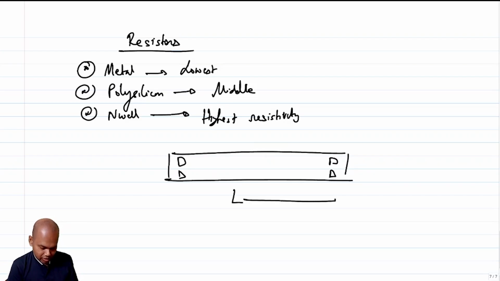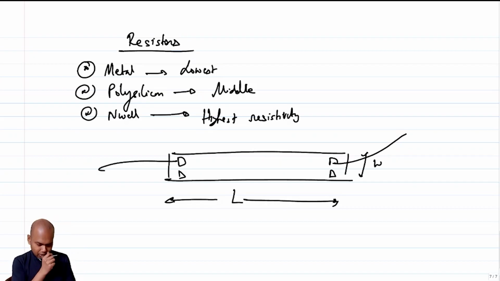So this is L. Let's say I'm drawing a polysilicon resistor. This is L, this is W. You are getting signal from here, you are getting signal here. So one of the reasons you do not want to draw a very long resistor is because the value of the resistance itself can change if basically if you make it, let's say, a 100 micrometer long or a 200 micrometer long resistor piece of wire,